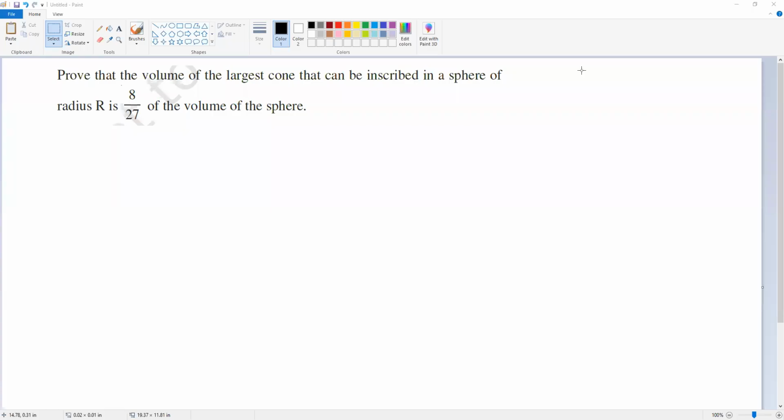Okay. So we were discussing application of derivatives, some real life questions like this, the 6-mark type questions. Here, prove that the volume of the largest cone that can be inscribed in a sphere of radius r. So here,